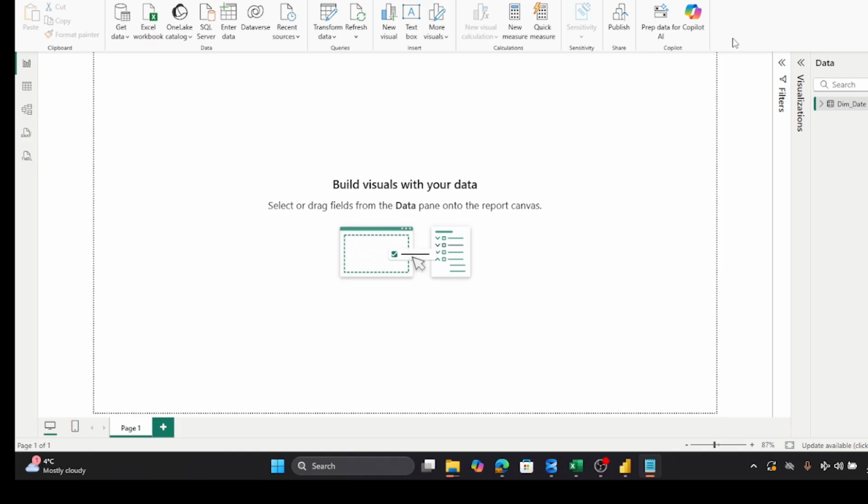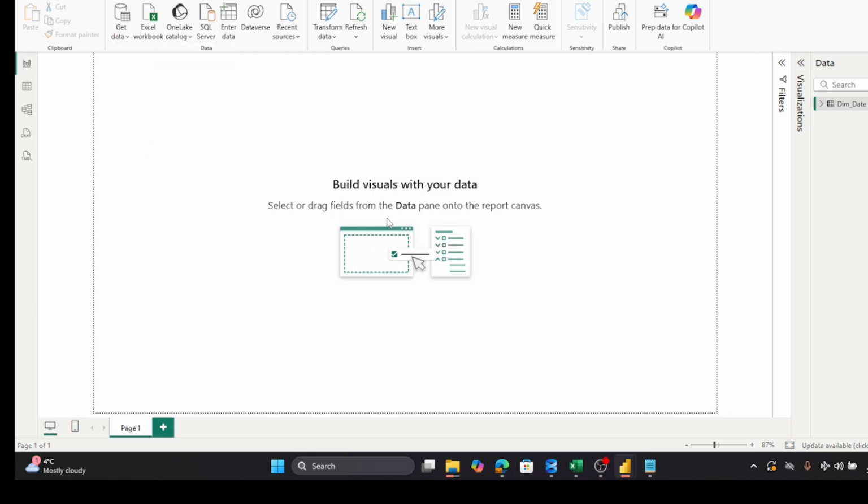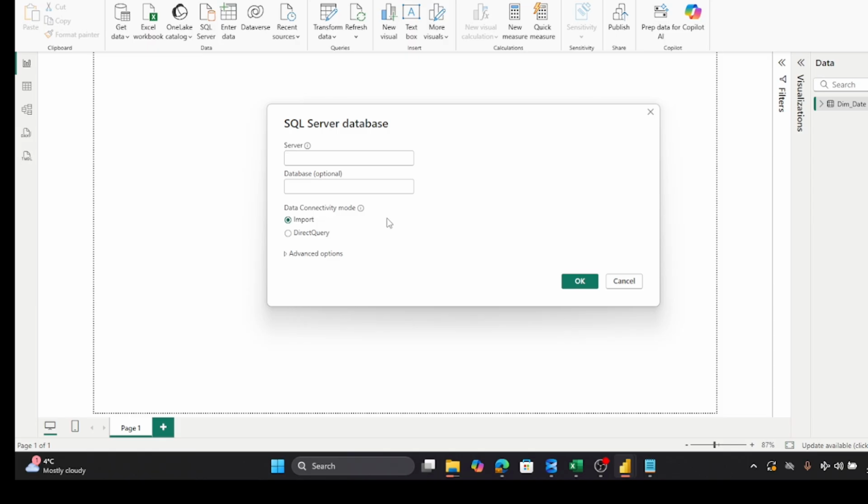So now we'll get this data. As always, go to the SQL. We will use the server name, database name,